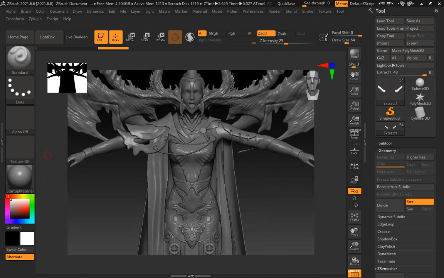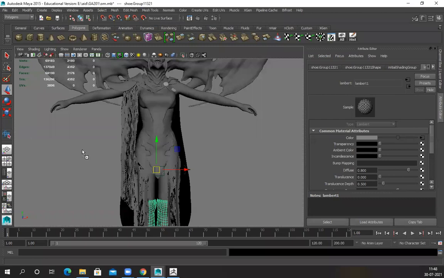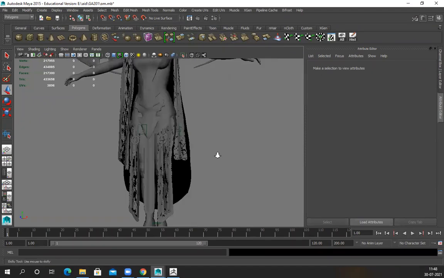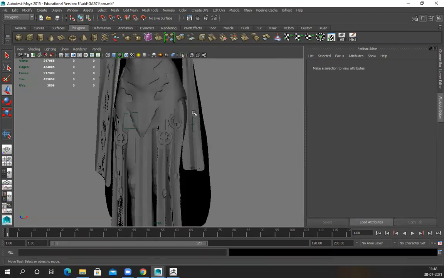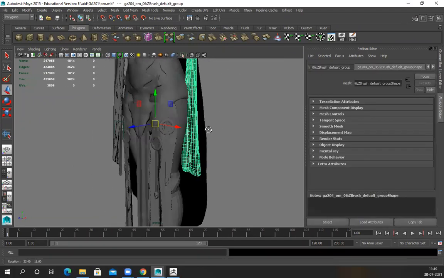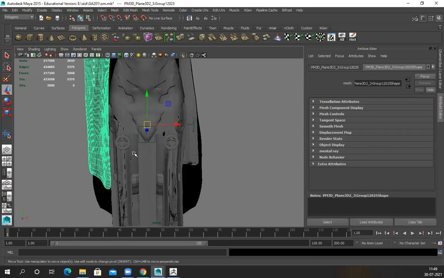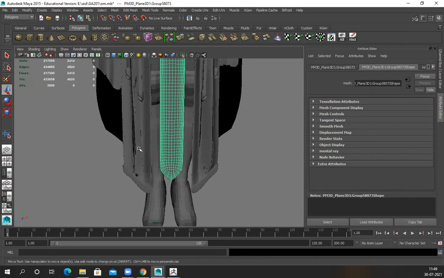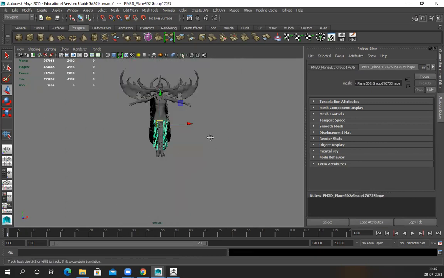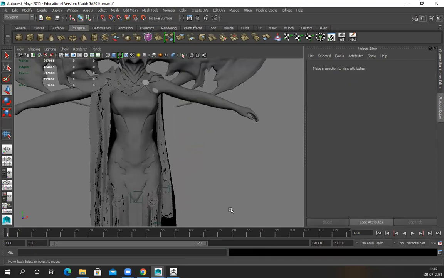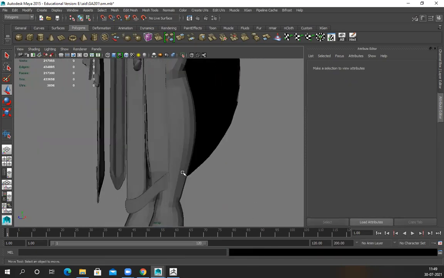Let's import the rest of the parts. Is it double? No. Soft edges. Everything is soft now.